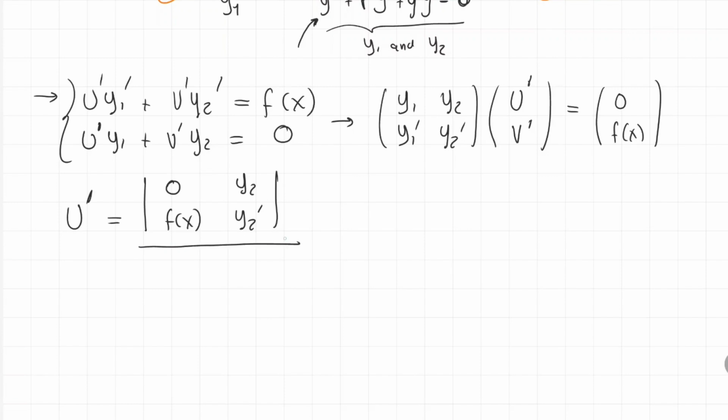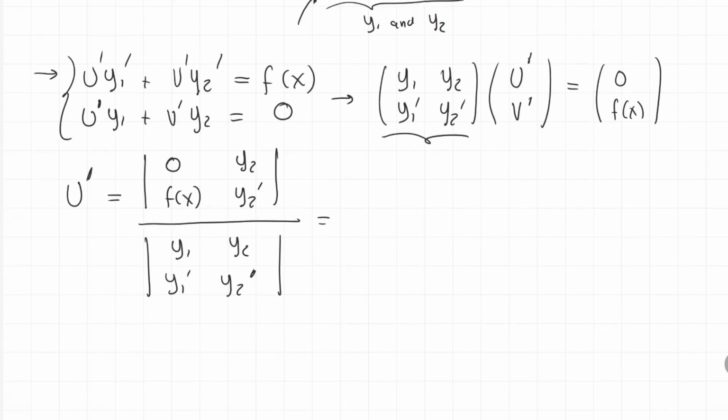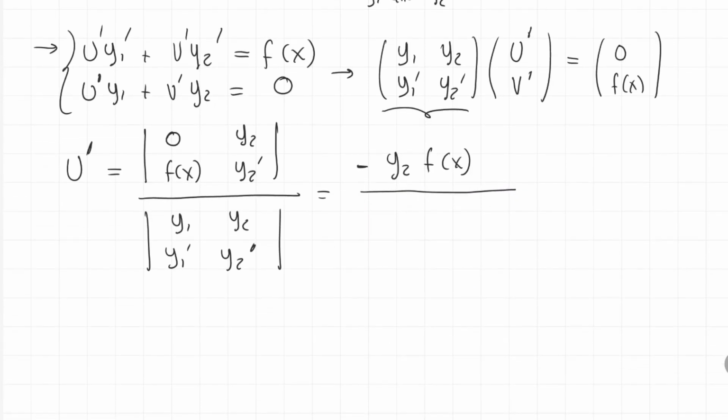Then we need to divide this by the determinant of the coefficient matrix, like this one, so that will be y1, y2, y1 prime, y2 prime. Okay, so what are we going to get? Well, this is going to be minus y2 times f of x over, well, here we can calculate the determinant,